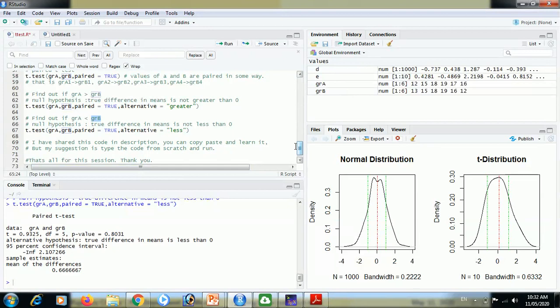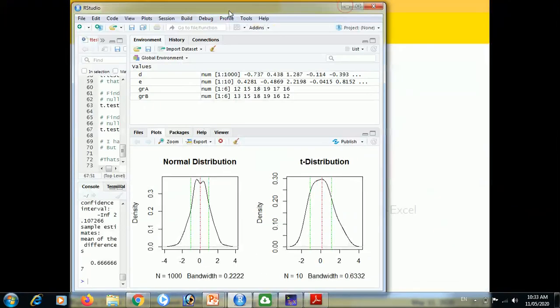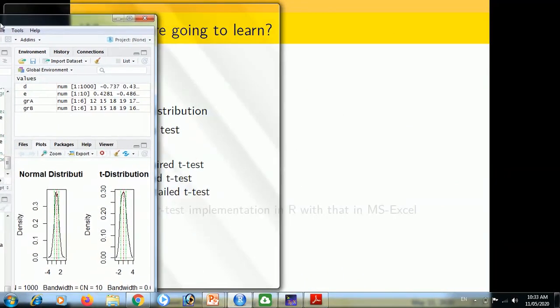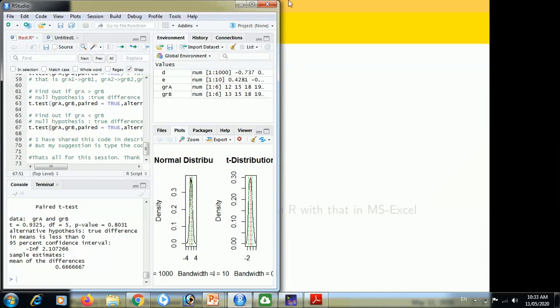Okay? Now, I have shared this code in the description. You can copy paste and learn the code. But my suggestion is type the code from scratch and run. For that, you can minimize this window and bring this window by dragging it towards the extreme left or right, and put your video window in this region, and copy the code from the video here, type the code as the video goes on and learn the code.